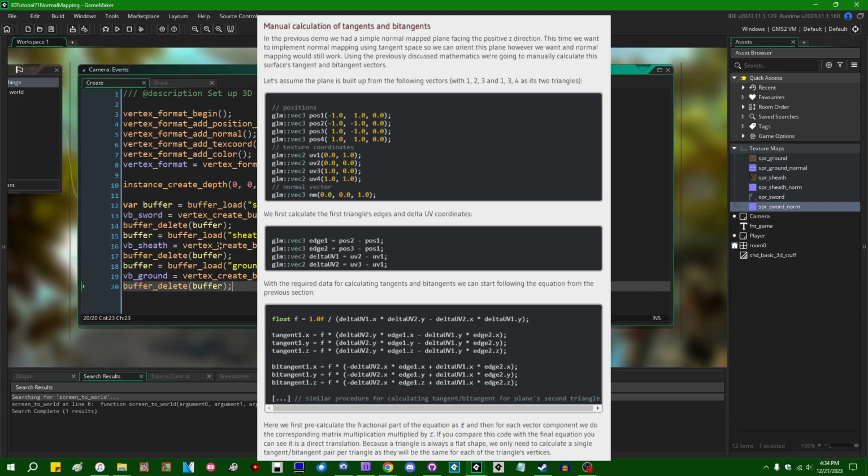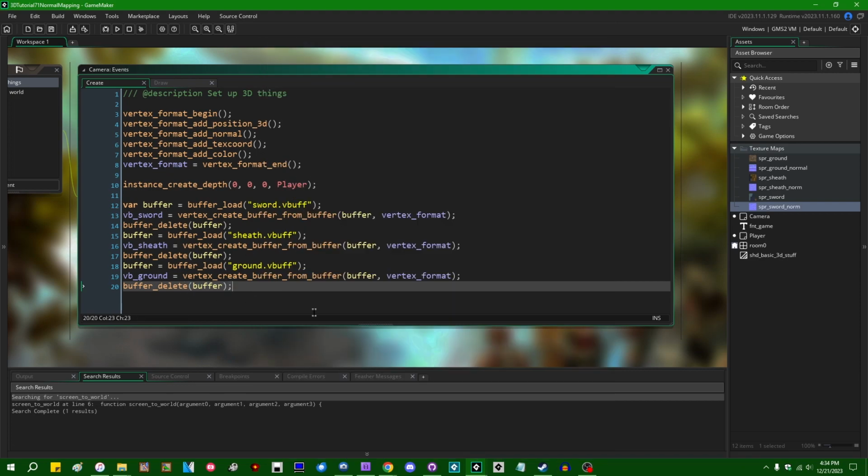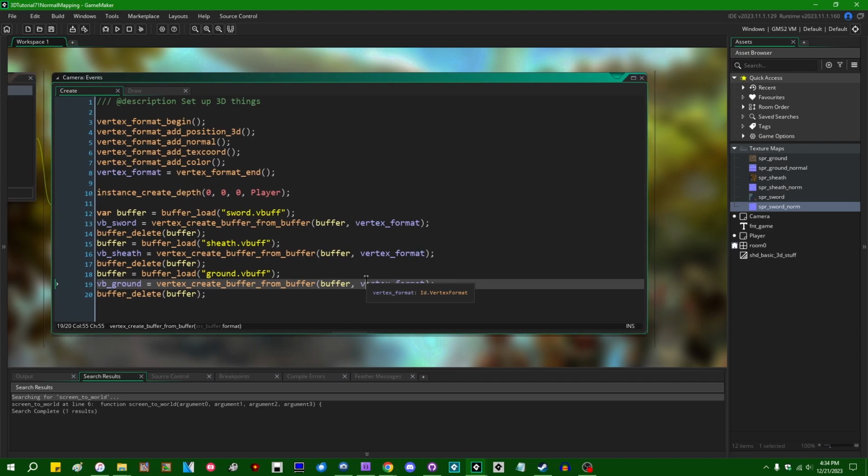Strictly speaking, you only need a normal and tangent vector for that reason, and you can pretty easily compute the third in the shader. But for the sake of simplicity, I've gone and computed all 3 ahead of time and stored them in these vertex buffers. So since we have added additional data to each vertex, besides the usual position, normals, texture coordinate, and color, this